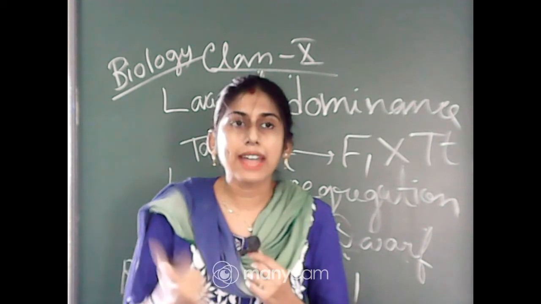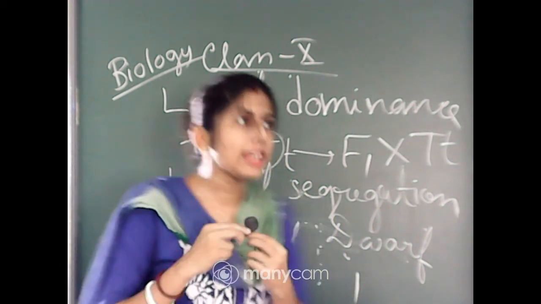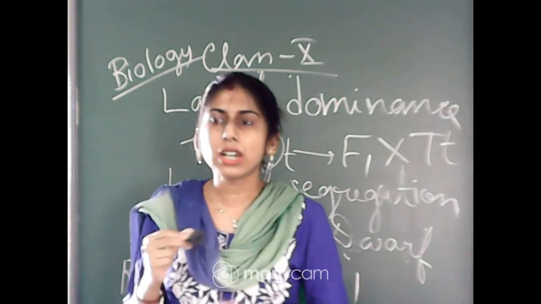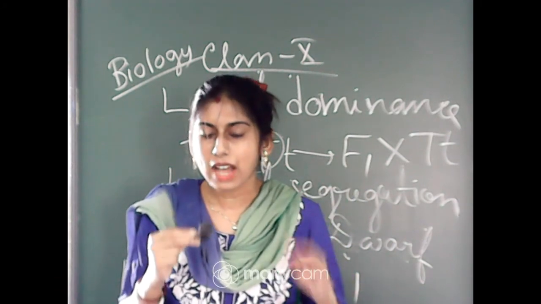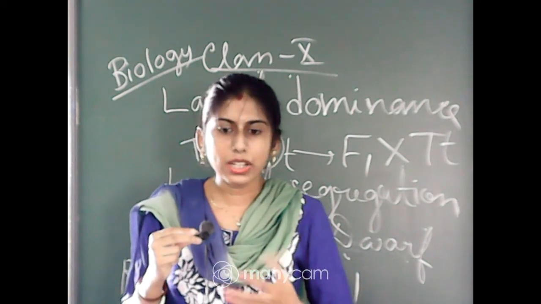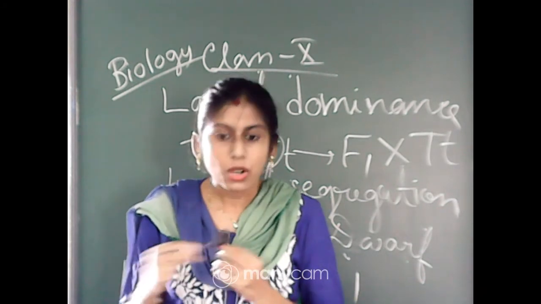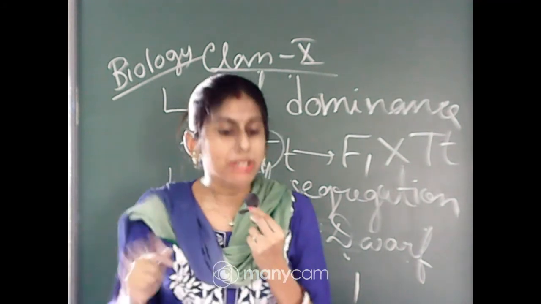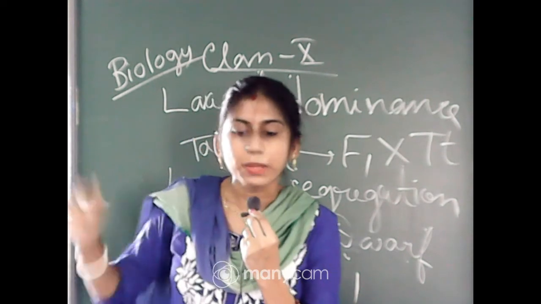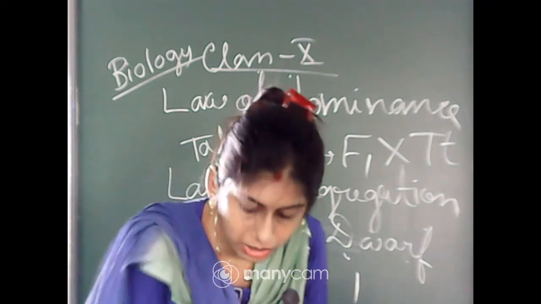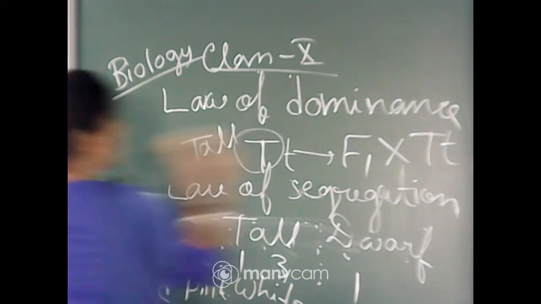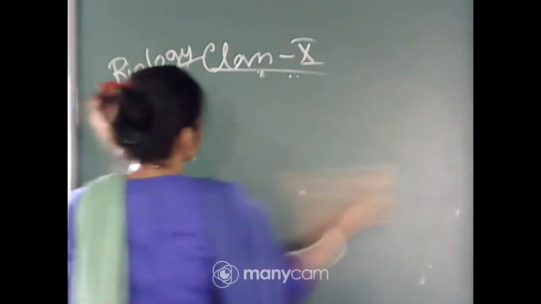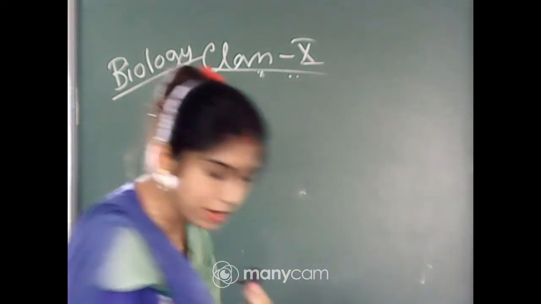Another example is codominance. If we cross a white coloured cow with a brown coloured cow, we may see a cow with a white body and brown spots over the body. That means they are expressing both dominant characters. That criterion is considered codominance. You will read these in higher classes; I am just giving you some idea. The third important law is the law of independent assortment.